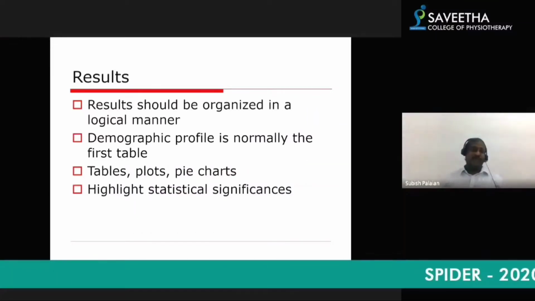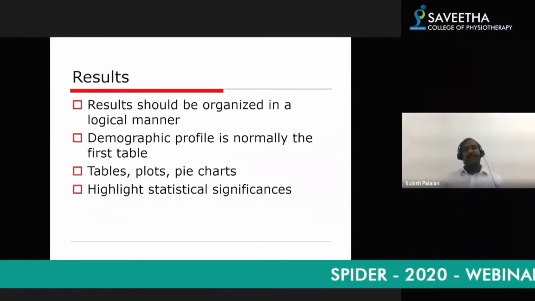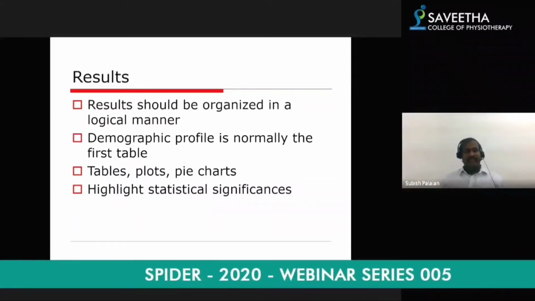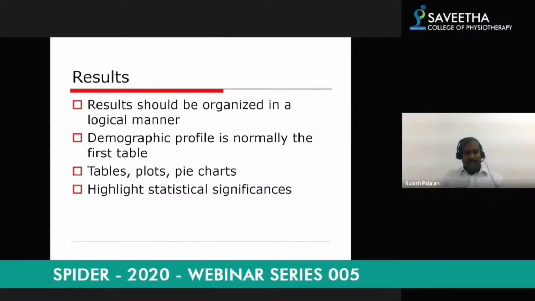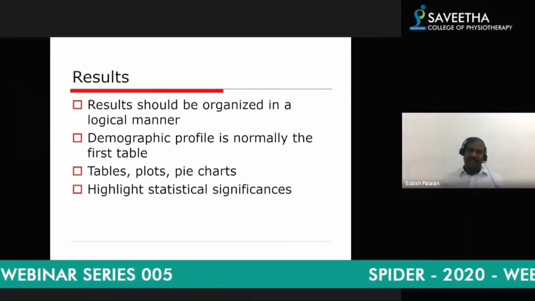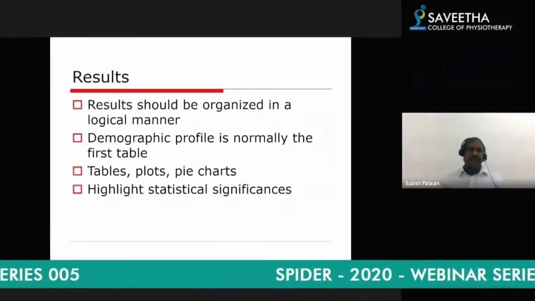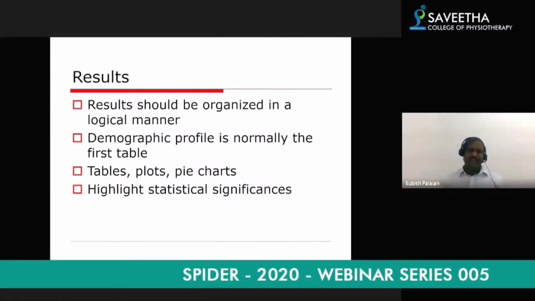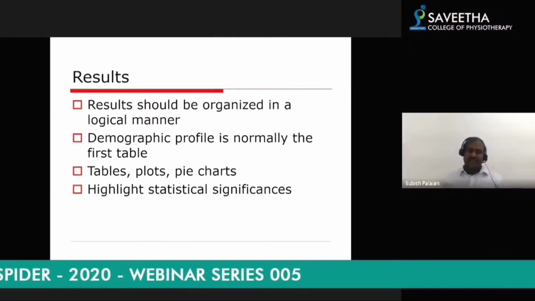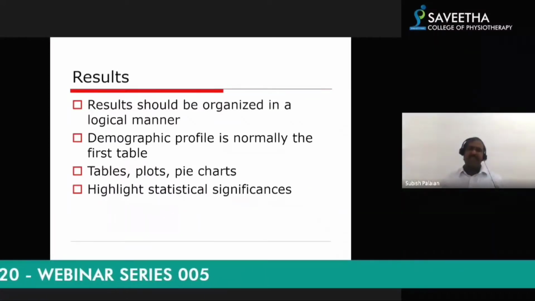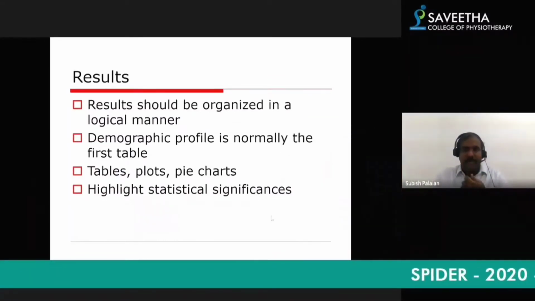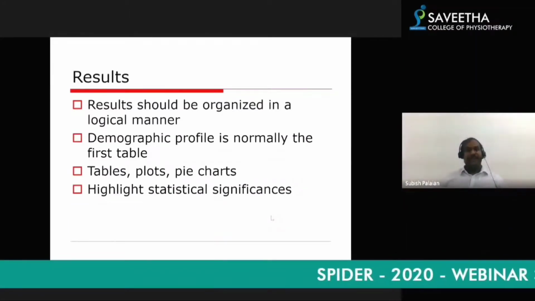And also, if you have performed any statistical tests, you must mention the statistical significance, for example, the p-value may be statistically significant. There are multiple ways you can put it, under the table and so on. At this point, the student should learn how to use the Excel and SPSS programs, how to make tables, plots, and pie charts. Normally students put only tables and plots. No, that's not correct. You can put histograms, pie charts, scatter diagrams. There are many ways by which you can present your results in a nice, appropriate way.